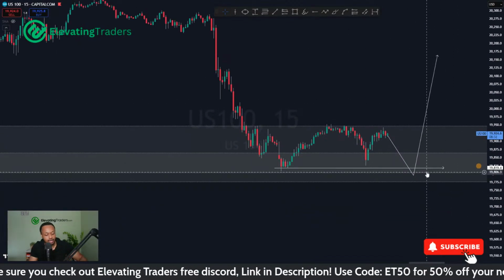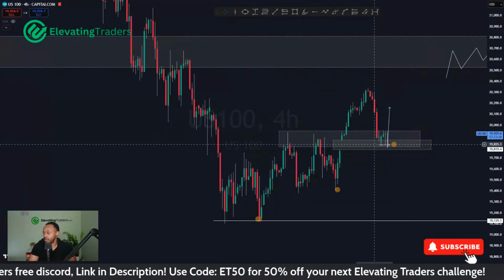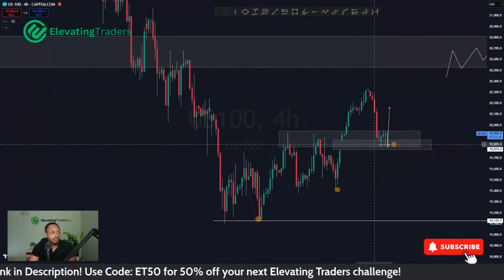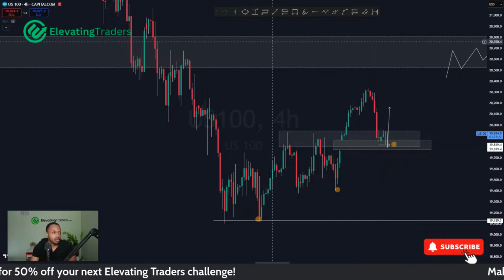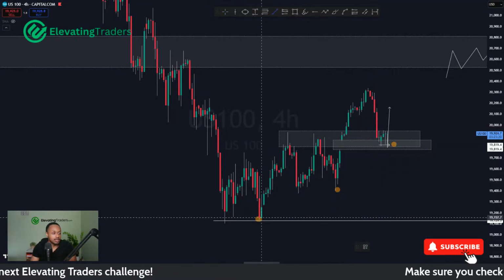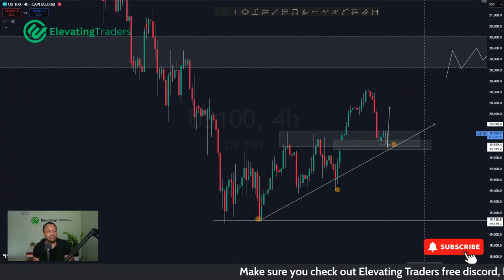So yeah, I do like Nas here on the lower time frames. Nice little level of support, but I do think we can see some upside from that area. Probably a bit of trend line confluence as well, connecting the swing lows. We might spike into the trend line. That would be a nice confluence before pushing up.